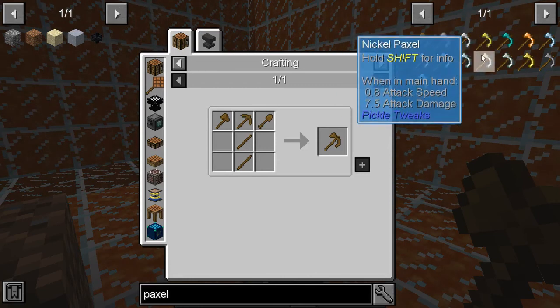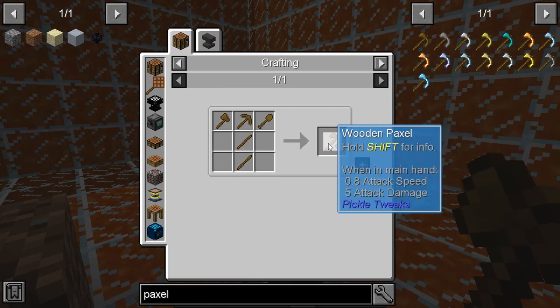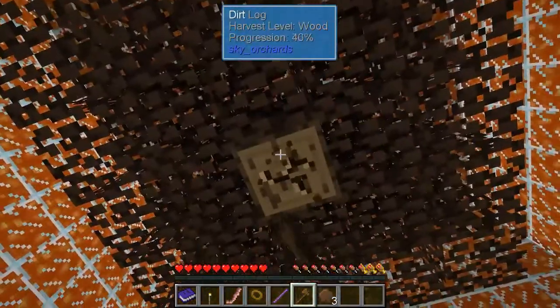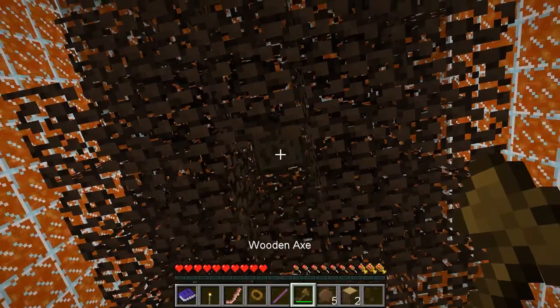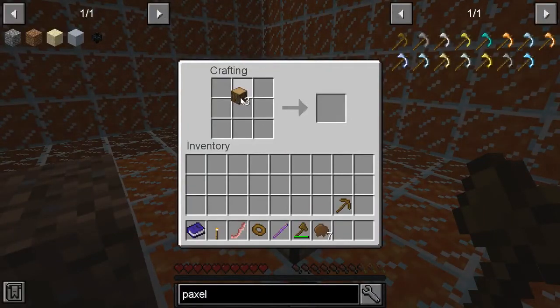You get that for all the various tool types until you get to Tinker's tools, because the durability of these is much higher, 88, right, compared to 59, which when you're hacking trees with a wooden axe, you'll notice it does break pretty easily and quickly. So what you want to do is break all these trees,